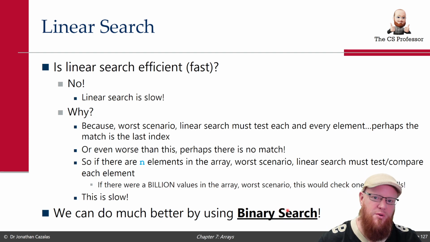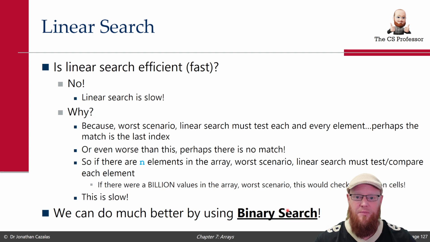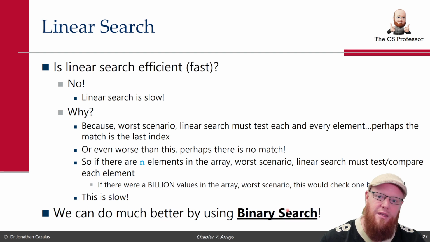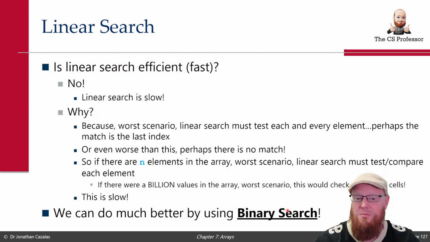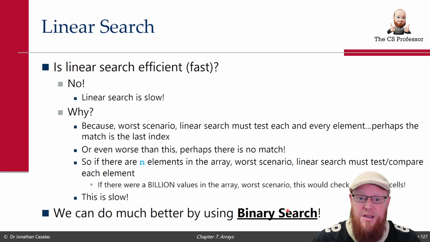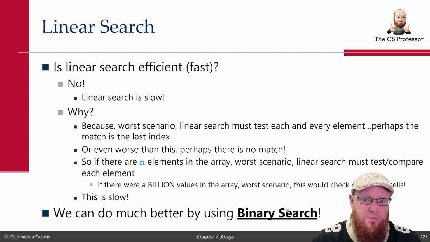If I were to give you 100 pieces of paper with a single student name on each paper, and it's not sorted by last name and first name, it's just randomly thrown at you, and I say, hey, can you go find the paper for Michaela? Well, how can you be sure that Michaela either exists or doesn't exist? If it's not sorted, you'd have to one by one look through all of these papers,